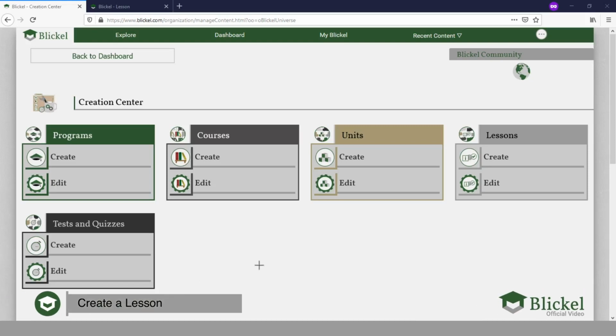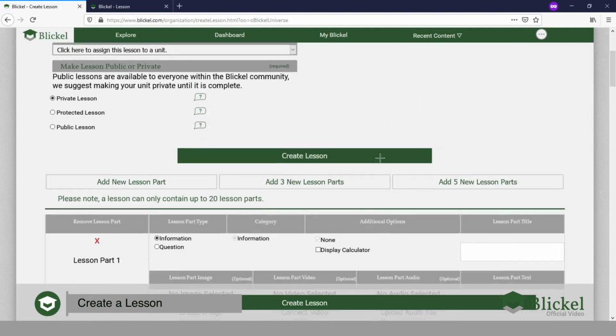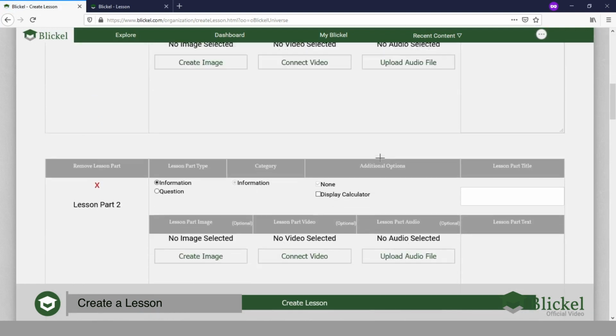In the previous unit, we learned how to create and edit programs, courses, and units. Now let's go ahead and learn how to start making lessons. Lessons are a little bit more detailed than programs, courses, and units, so let's take a look at what the page looks like. Here's the Create Lesson page, and it is understandable if you're a little overwhelmed at first, because